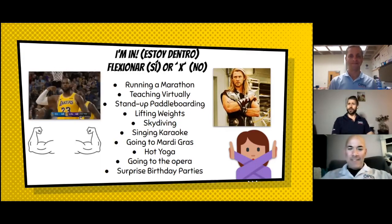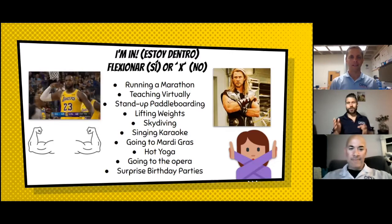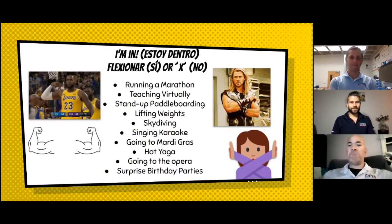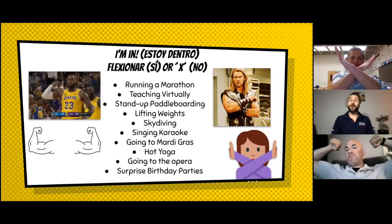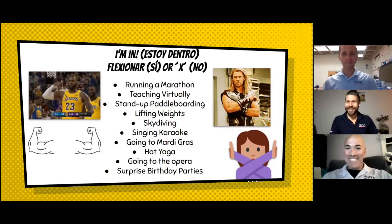I would really love a night at the opera. Love Broadway, opera not so much. Okay, respect, truth. And surprise parties. Do you want to know about the party you're having, or do you want to be surprised? Oh, okay, a mixed bag there. Surprise parties for other people, I'm all about. For myself,